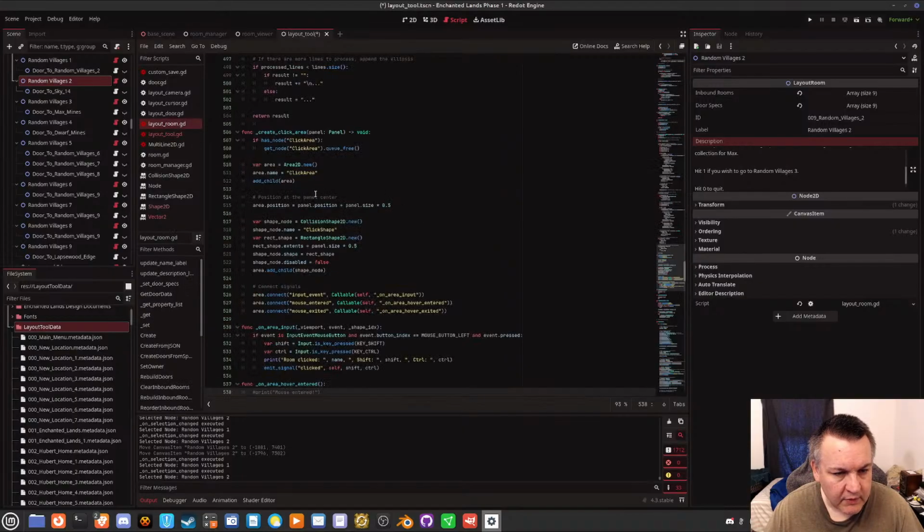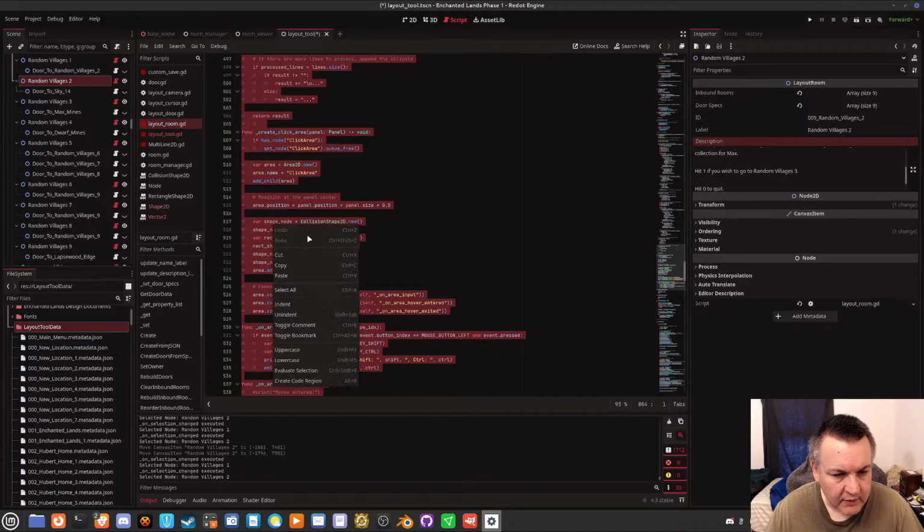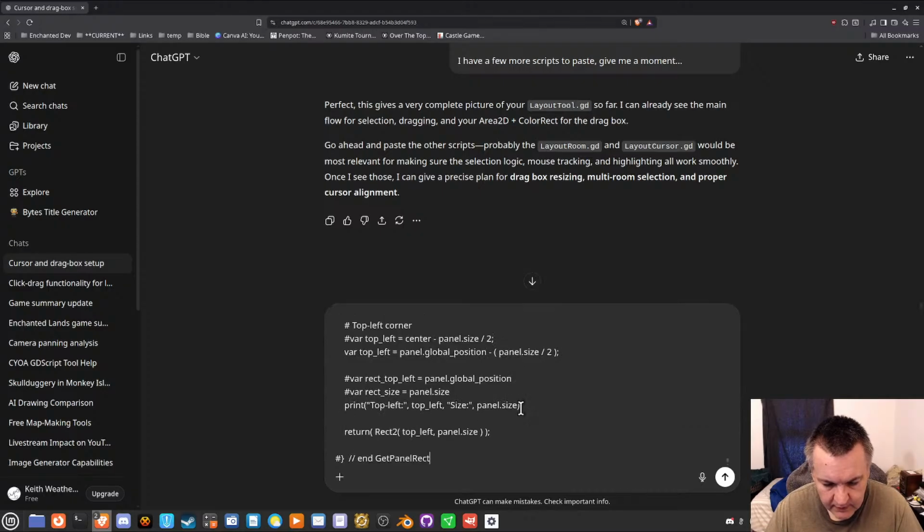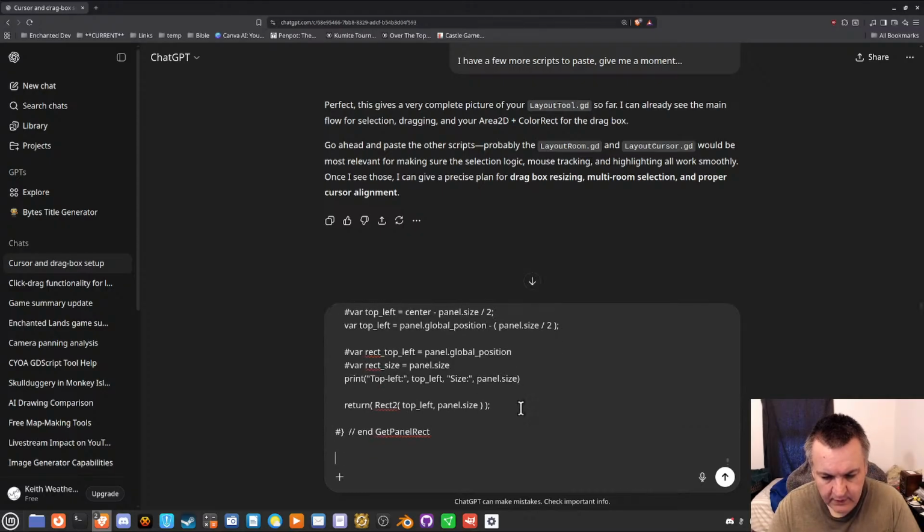Okay, layout room. Select all. Copy. Here's layout room.gd. I will paste a couple scripts.